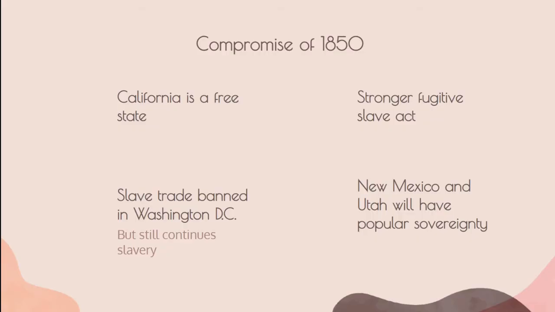And in addition, there would be a stronger Fugitive Slave Act for the South, and also New Mexico and Utah would have popular sovereignty. We sort of see how it's divided into North on the left and South on the right. So we see how, even though they're trying to make more compromises, more agreements between them, they're still sectionalizing them overall. And, I mean, both sides were happy over this, so it wasn't the worst kind of agreement, but it really depends on where you set the bar, because the Civil War is only 10 years later.